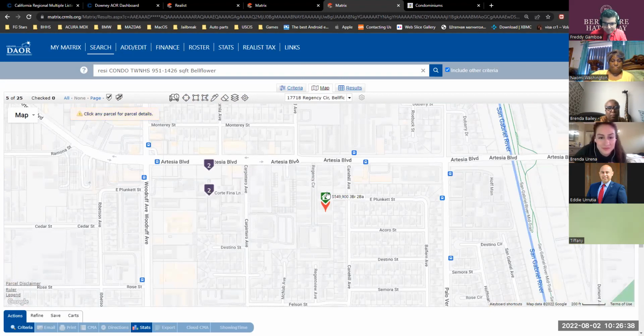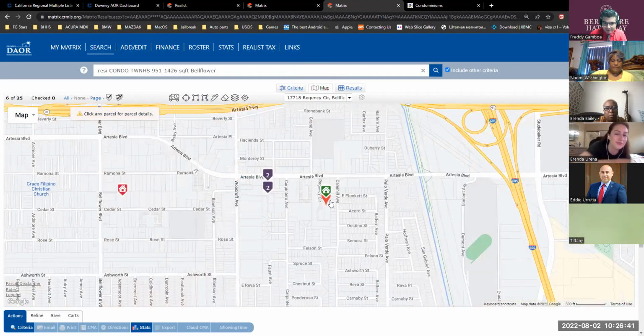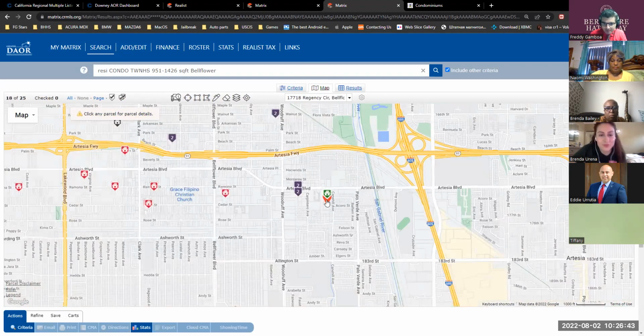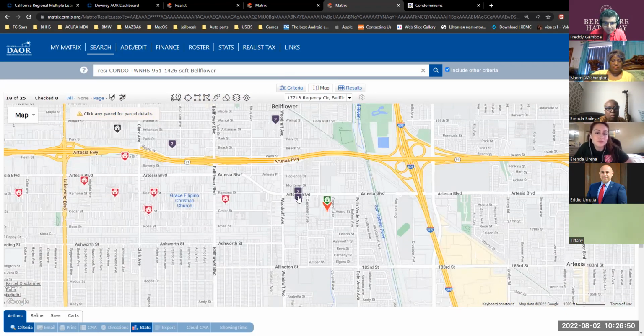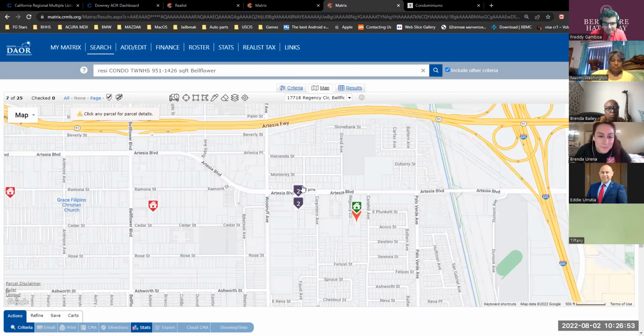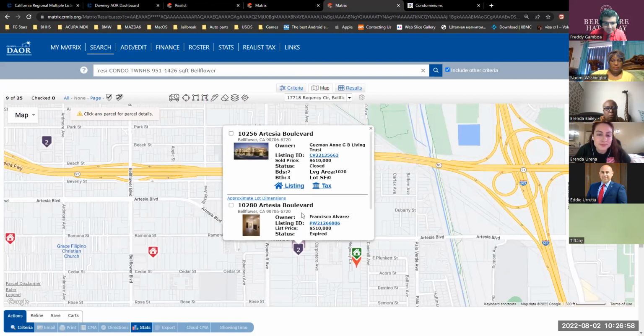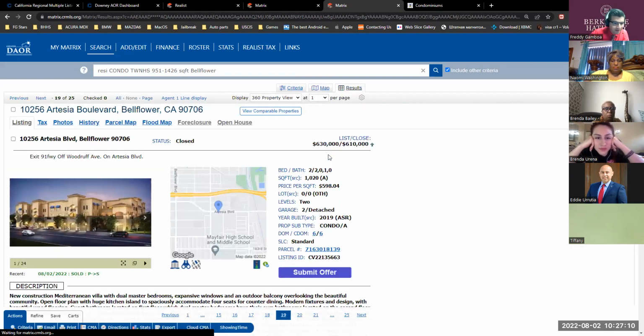So it's gonna bring you back to your pinpoint right there. It's gonna drop a pin, and there it is. So now you know where it's located. Now you can actually remove the pin if you want to, if it's in your way. Okay, so from here now, there's two pins here, back to back. Now, what does that mean? That most likely this one expired and it closed on the same little complex here. So let's see the one that closed, see how far back, and then also try to compare to